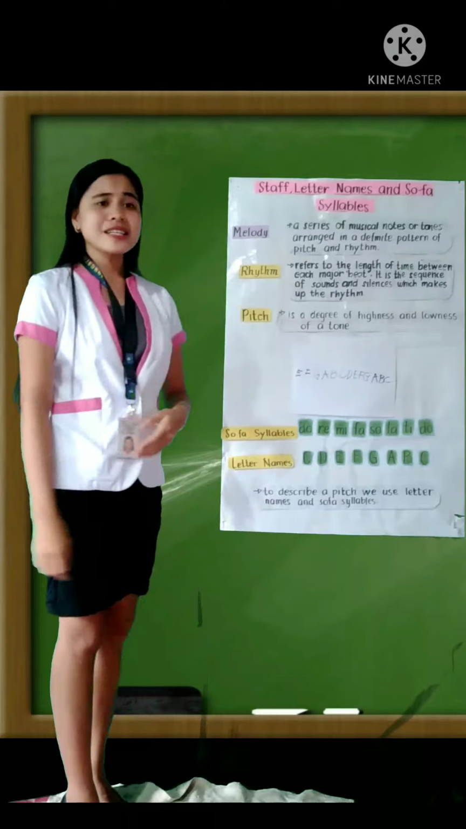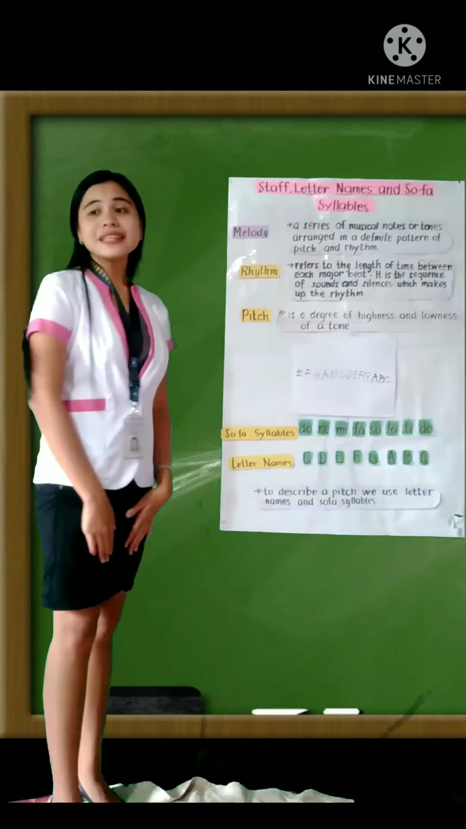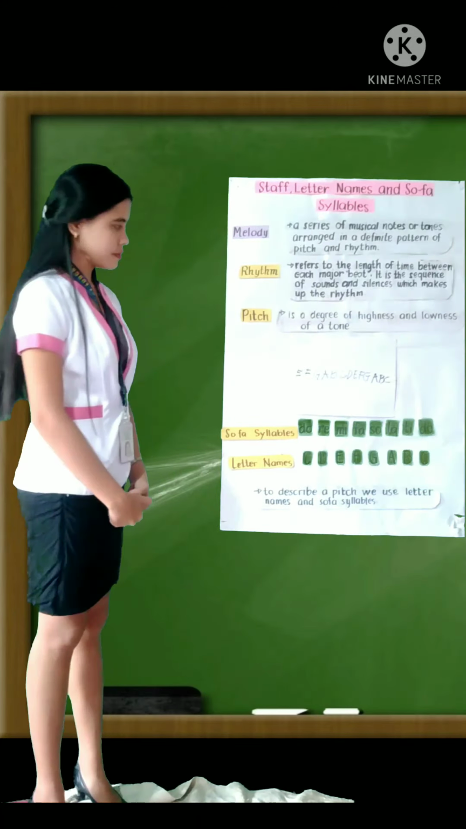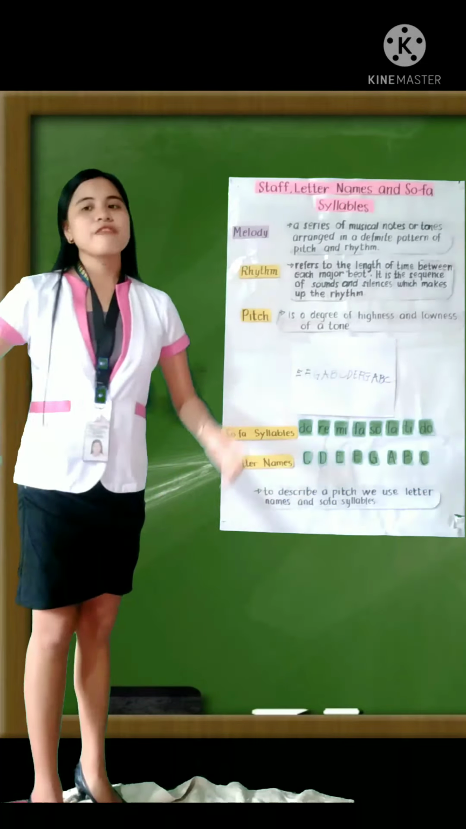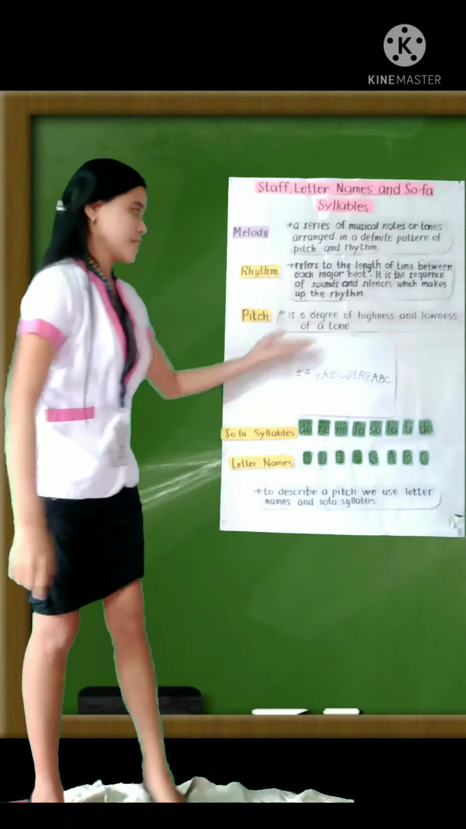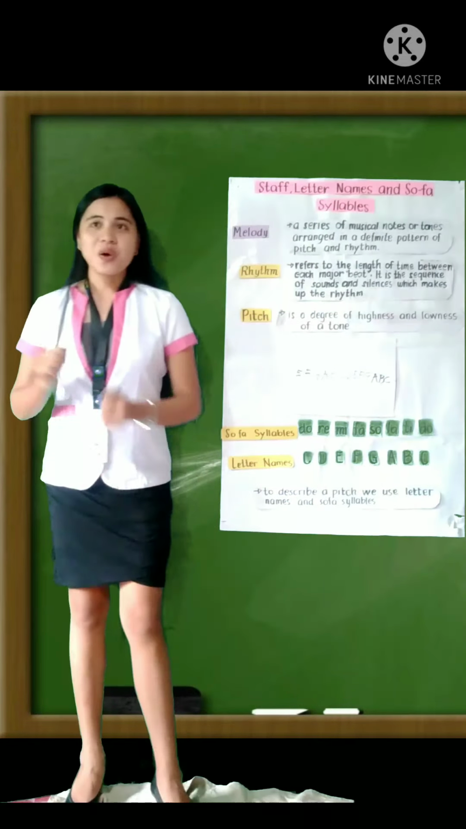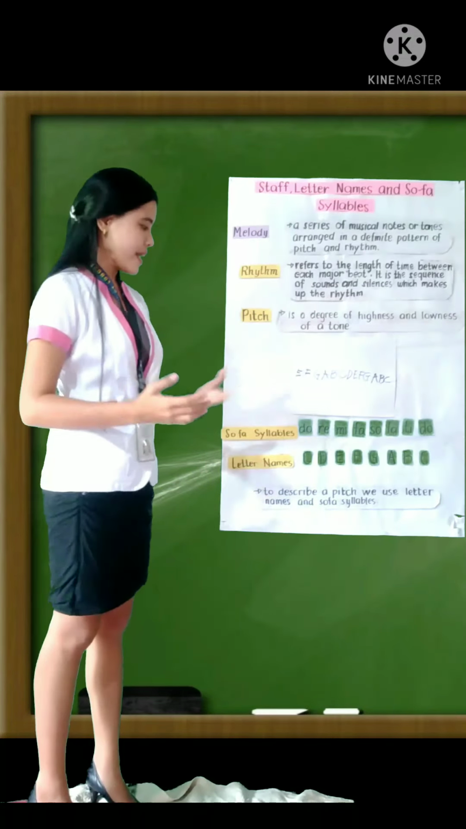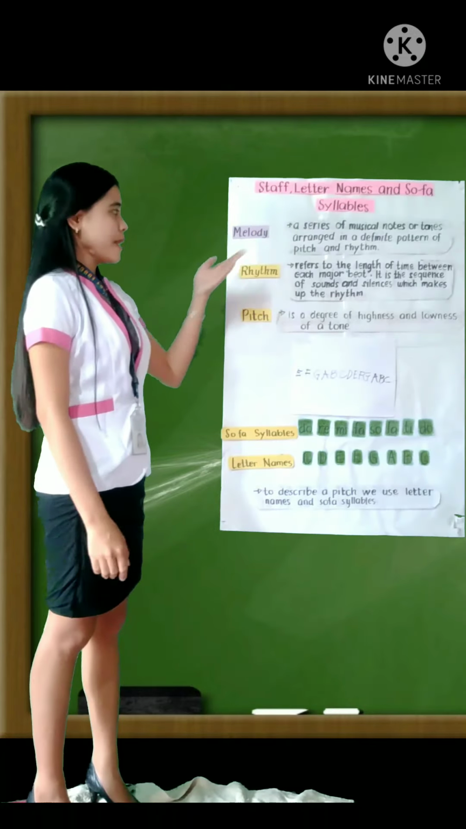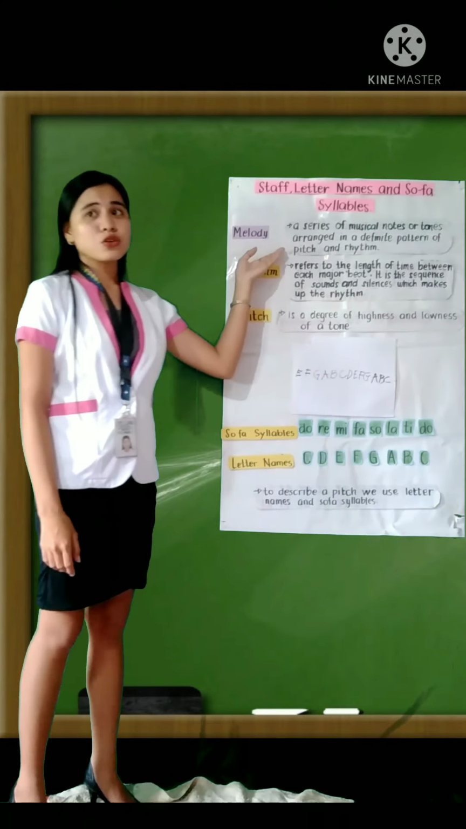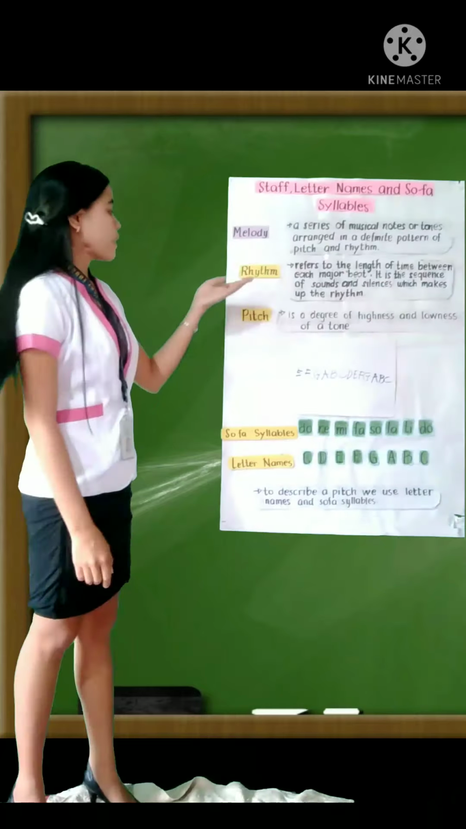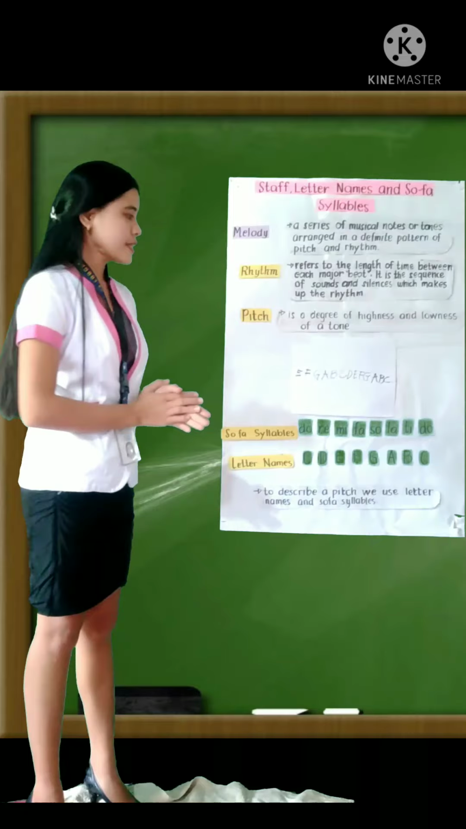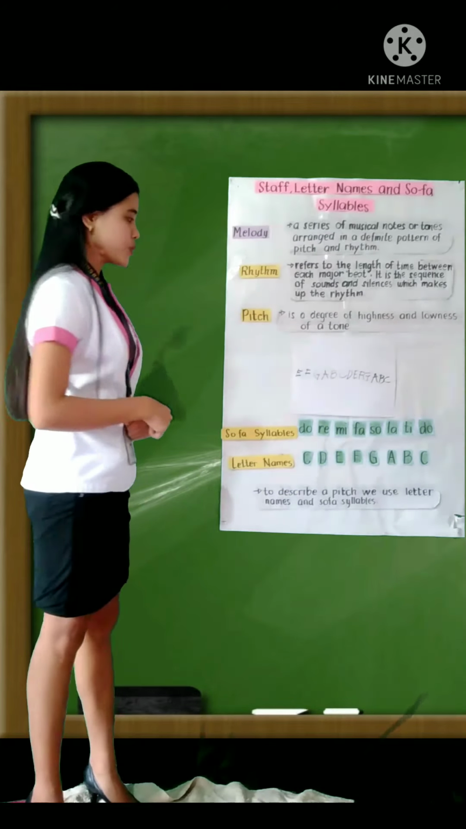So the next is the pitch. So what is a pitch? Okay, please read. Is a degree of highness and lowness of a tone. Very good. So a pitch is a degree of highness and lowness of a tone. So again, melody is the combination of the rhythm and the pitch. So now let's continue to the